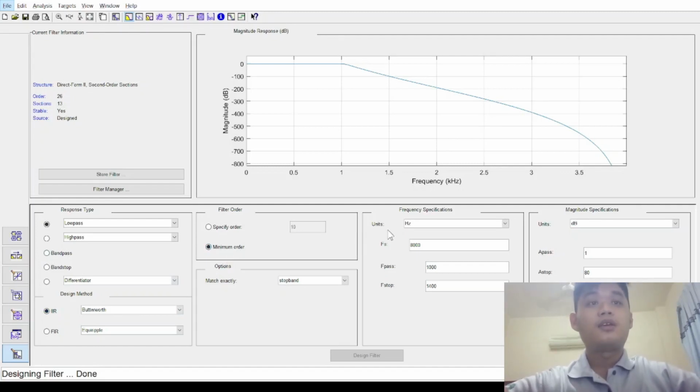The things that we're going to focus on are the sampling frequency, which is 1000. For the passband frequency, it's going to be 1000, and the stopband frequency is going to be 1.4 kHz. And then for the attenuation, which is the A pass and the A stop, A pass is going to have 1 dB and